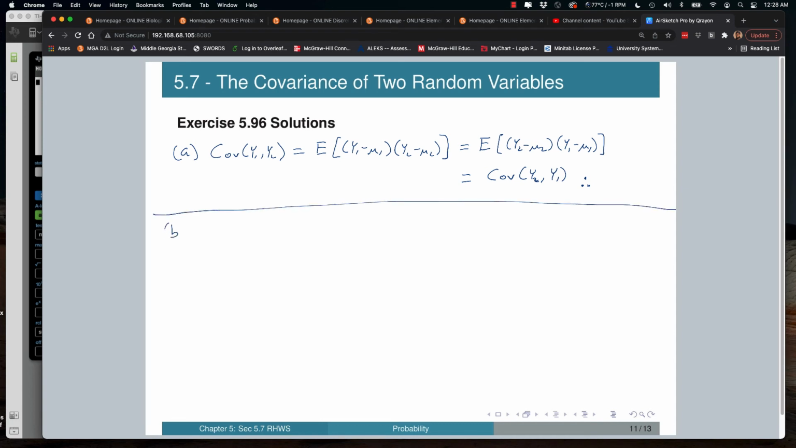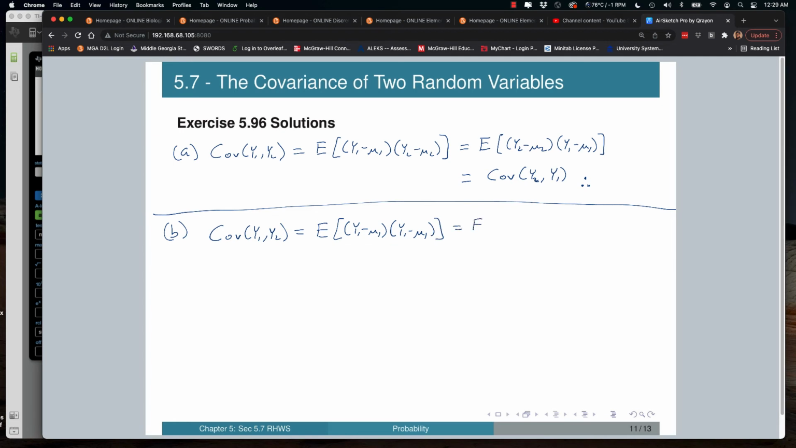Part B, a little different. They want us to show that the covariance of y sub 1 and y sub 1 was equal to the variance of y sub 1. So if we take the covariance of y sub 1 and y sub 1, that's going to be equal to, based on the definition, the expected value of y sub 1 minus mu sub 1 times y sub 1 minus mu sub 1,